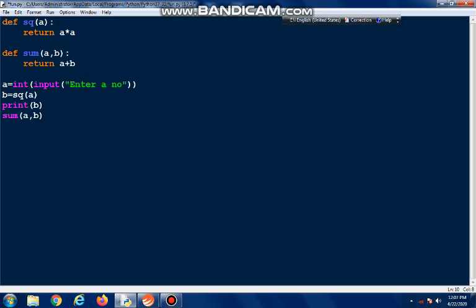Now here, first I am entering a number, finding its square, storing the square in b, printing the value of b, and after that I will call the sum function and pass the value of a and b. This value should be saved in some variable, supposing c. So the statement becomes c is equal to sum a comma b. The returned value will be stored in c, and I'll print c square.